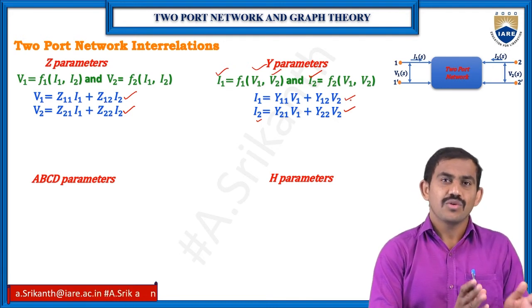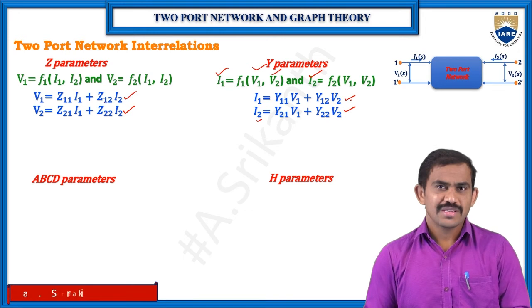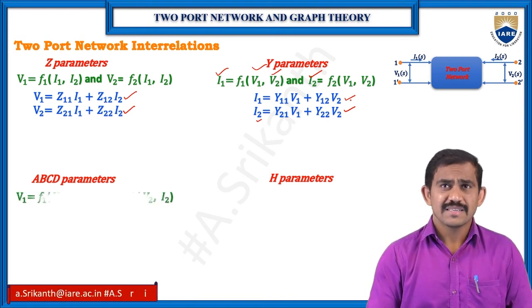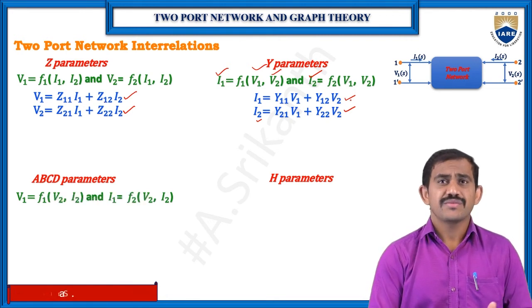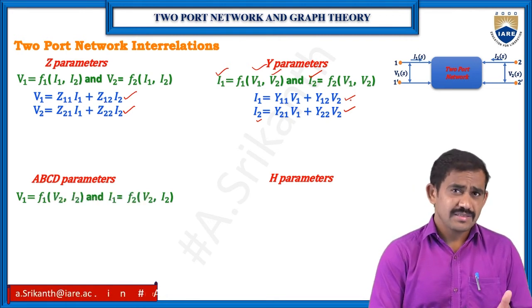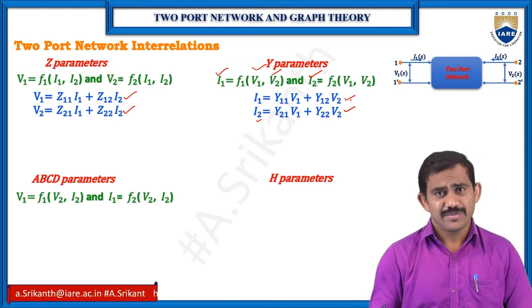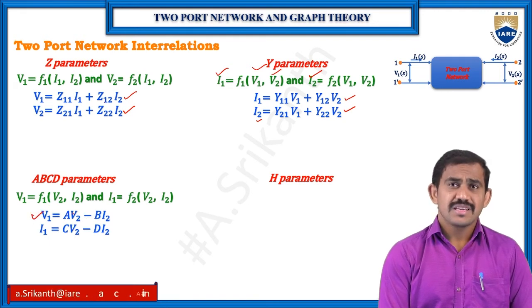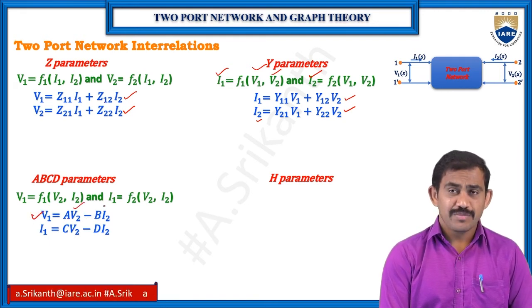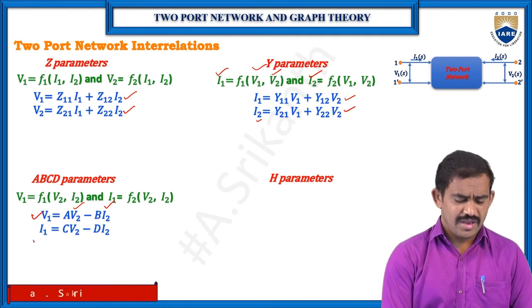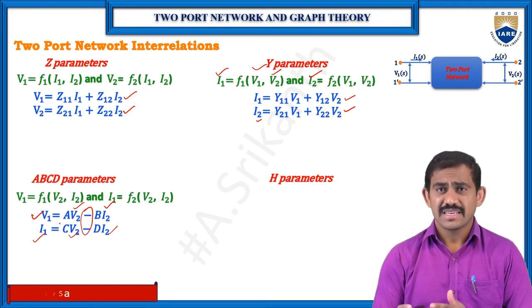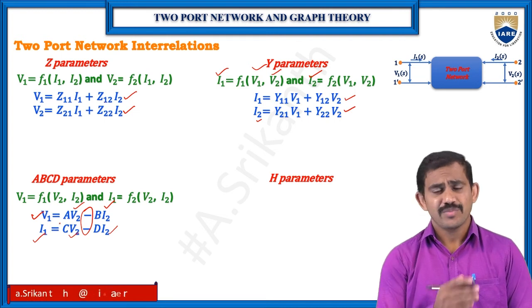In Z parameters we have the voltage in form of I1, I2. In Y parameters we have currents in form of V1, V2. And ABCD parameters: V1 and I1, like primary, so primary parameters in form of secondary parameters. The equations are V1 = A V2 - B I2, and I1 = C V2 - D I2. The minus means it's the transmission side, so the secondary current is reversed compared to the primary current.